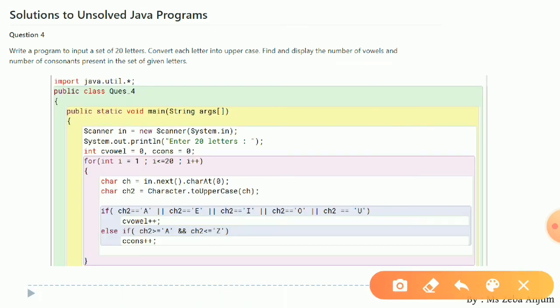See, we are going to take input over here. That is why we have used the java.util library package. Okay, now class question number 4, it is our class. Main function already we have started.